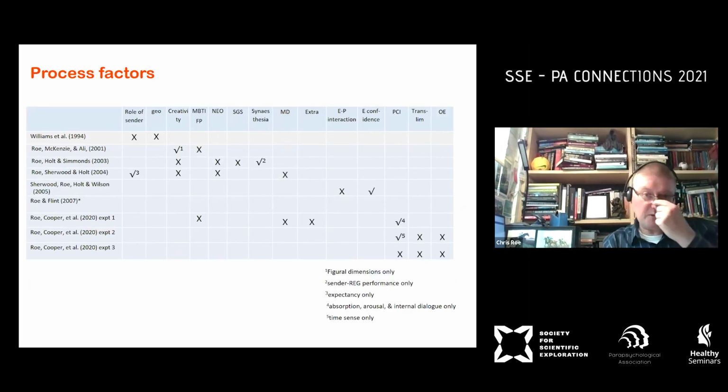Thinking about Abby's presentation, we also looked at process factors. So we're based in a psychology department and have been particularly interested in personality and individual differences factors and how they might predict Ganzfeld performance. Initially, we took our lead from Honorton's 1997 recipe for success, but we've branched out as other dimensions started to look more promising. X's on the table indicate that no relationship was detected when we used that measure, and ticks indicate significant relationships. It's clear that there's been little encouragement from our findings to persist with particular measures,